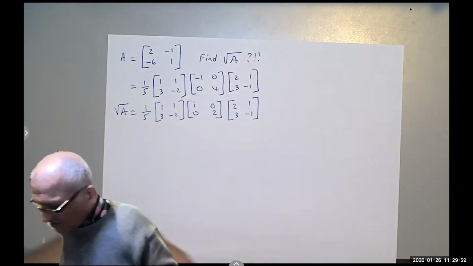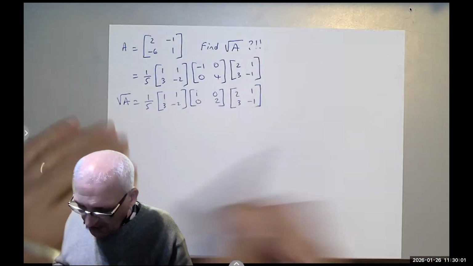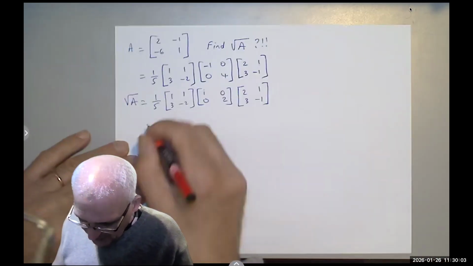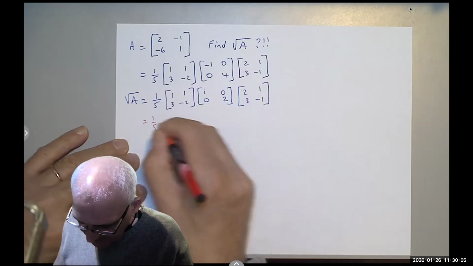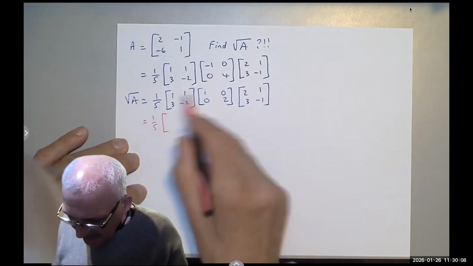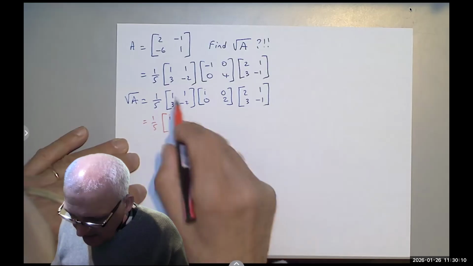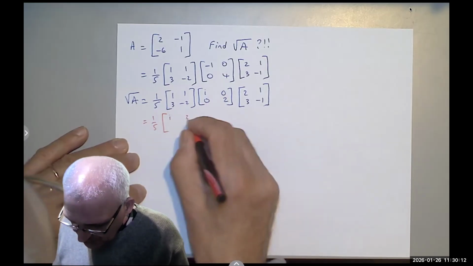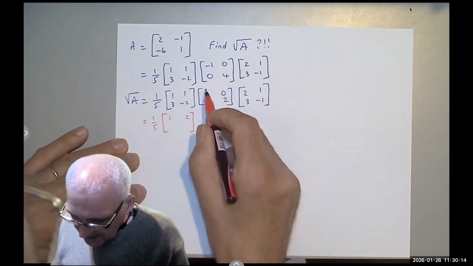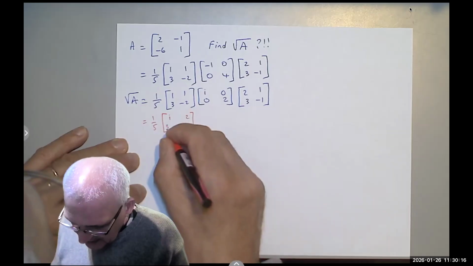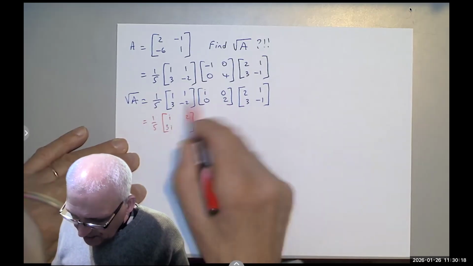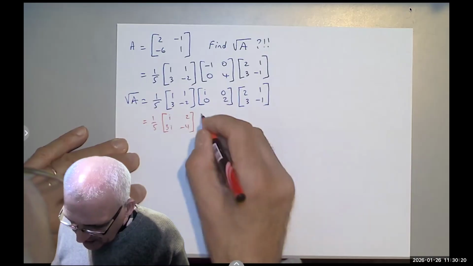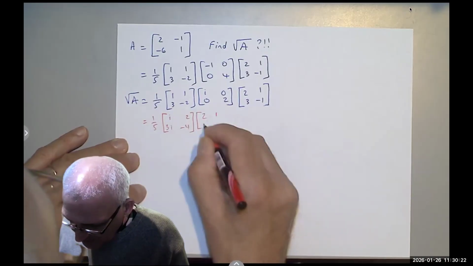Now it's a matter of just multiplying. So if I multiply the first two matrices, I will get i plus 0 is i, 0 plus 2 is 2, 3i and 0 is 3i, and 0 minus 4 is -4, times 2, 1, 3, -1